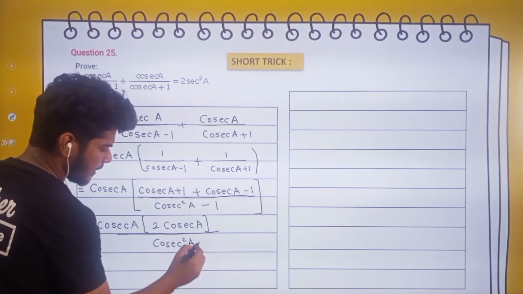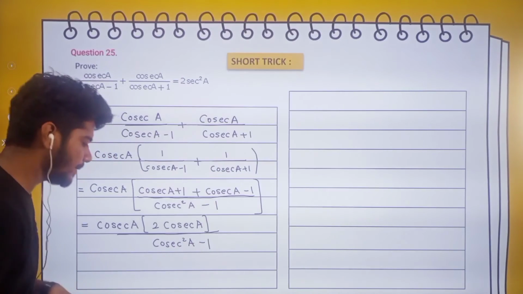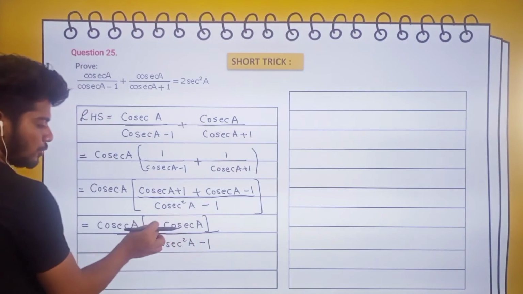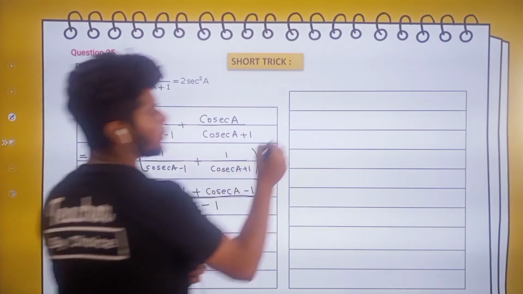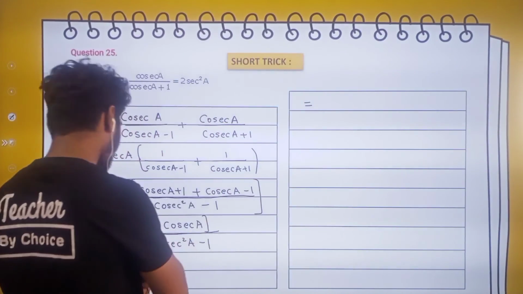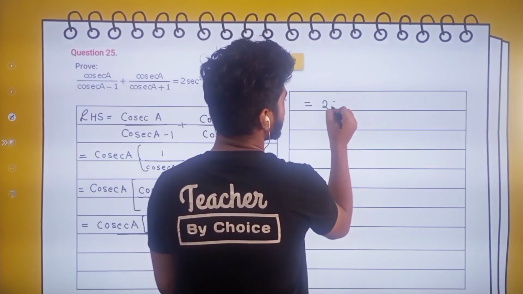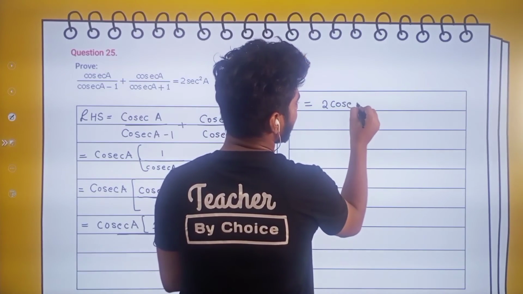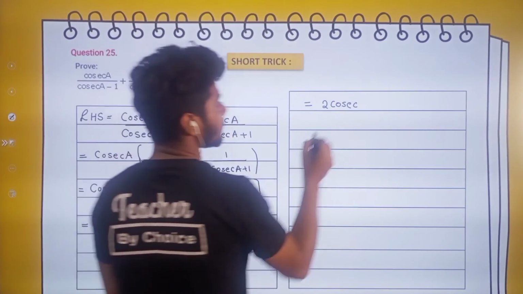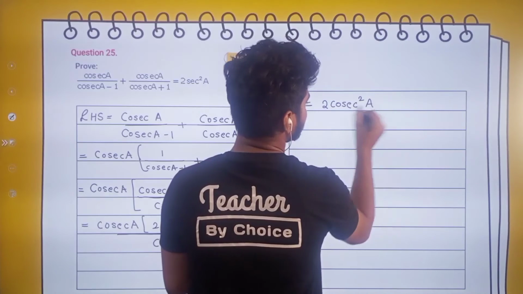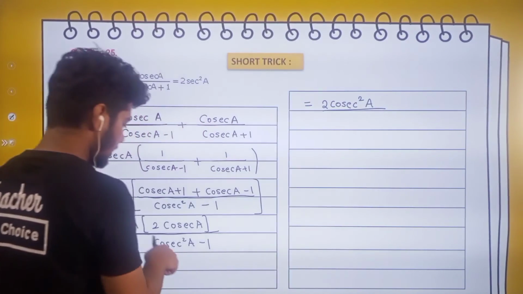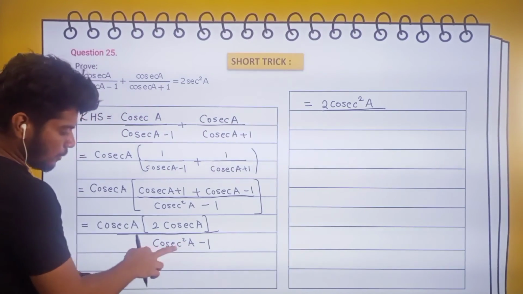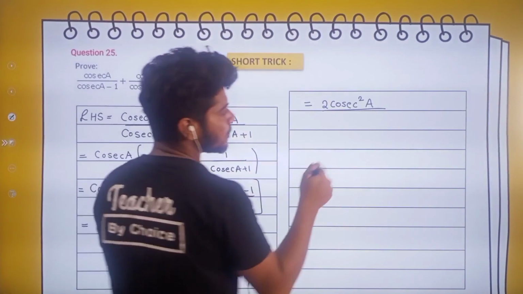Right, now see, this 2 into cosec a will become 2 cosec square. I hope you are understanding. Cosec a into cosec a will become 2 cosec square a, 2 cosec square a whole upon what? See here, denominator में can I write cosec square a को 1 by sin square a?